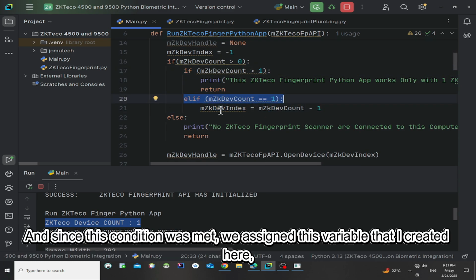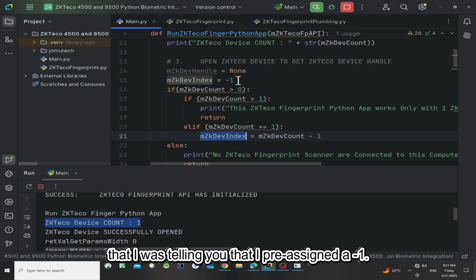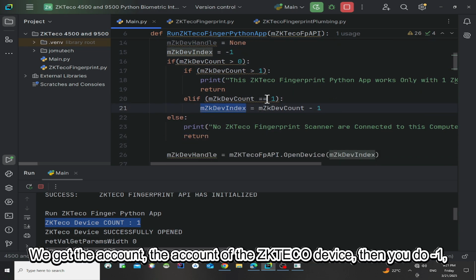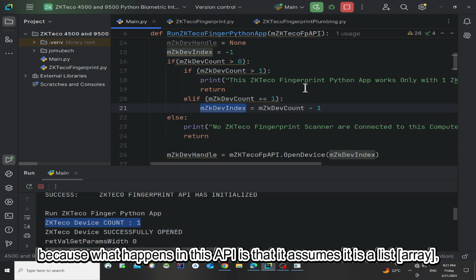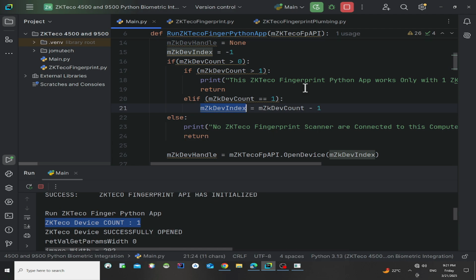And since this condition was met, we assigned this variable that I pre-assigned a -1. We get the count of the ZKTecho device, then we do -1, because what happens in this API is that it puts the connected ZKTecho devices in a list.